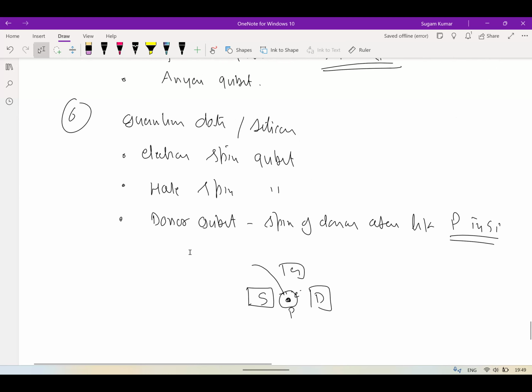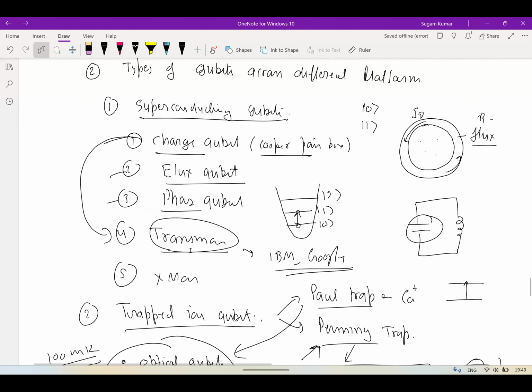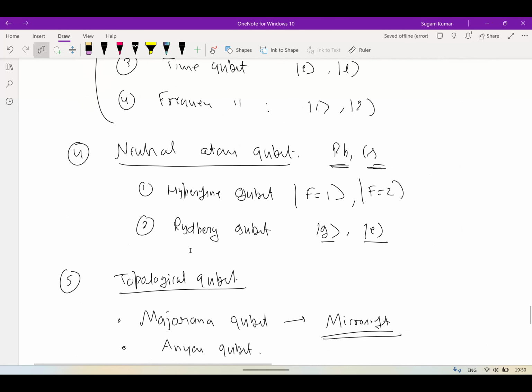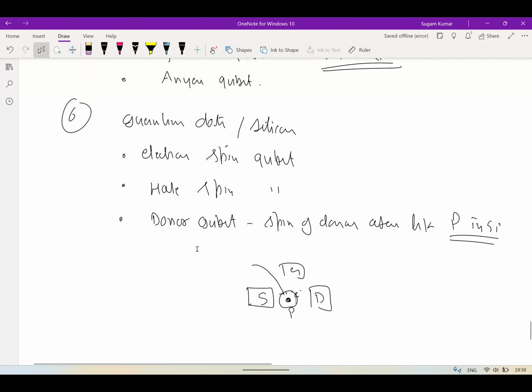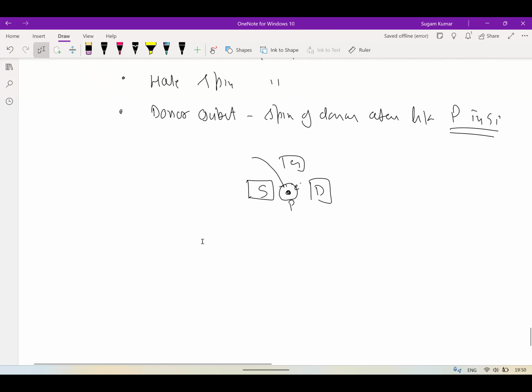So these are the six types of platforms that are popular at present. And keep in mind that none of these platforms has proved that it is superior, I mean, the ultimate solution. Still, different platforms can come up, because each and every platform has challenges. So the last lecture will be on the challenges.